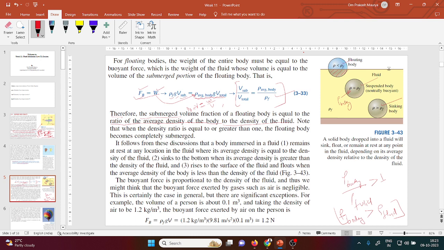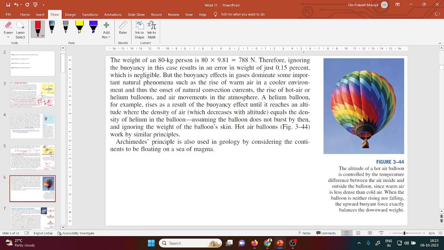You know, dry wood floats on the surface because of this condition. And a stone sinks because the stone density is very much more than water. And in the sand case, sometimes sand is in a suspended condition, so in that case these things will happen. Similarly, we'll move on to the balloon example, what is written, if I read,